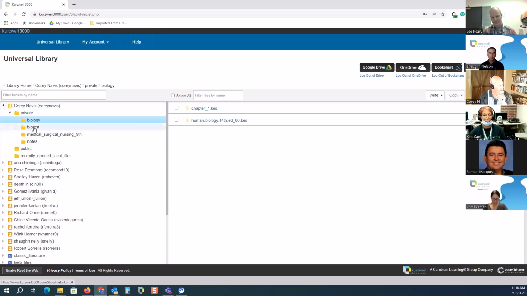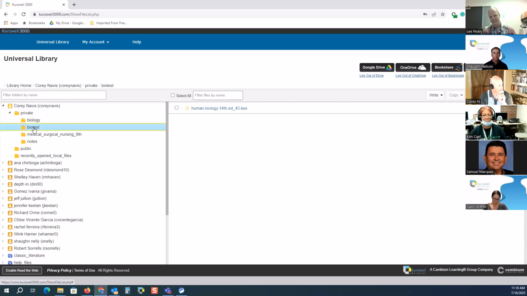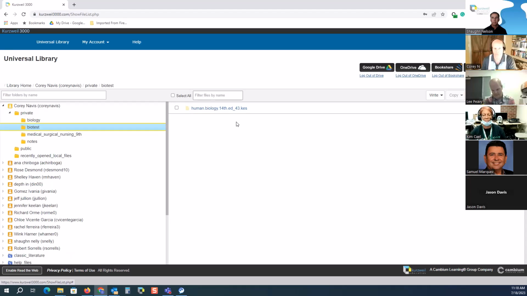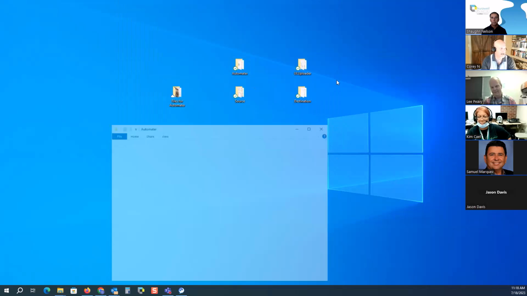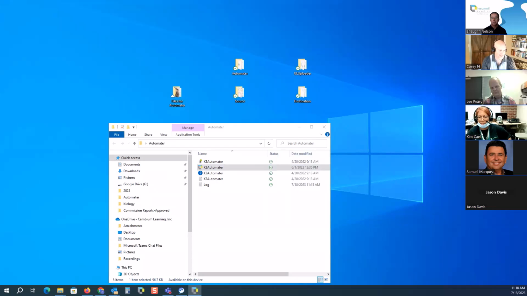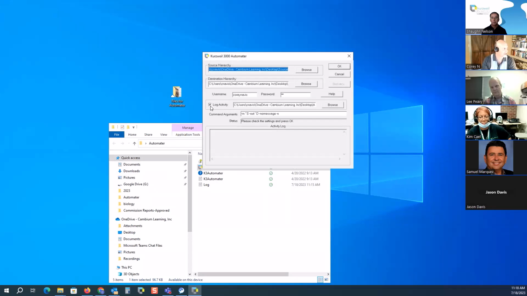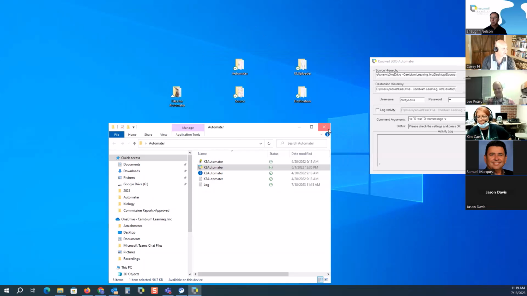So first, let me show you this. I uploaded it and here it is. That's the folder and the file that I had remediated, and it's now a KESI file uploaded. From here, I can distribute it, move it, or copy it to different students. With the Automator, there is a checkbox where I talked at length about creating a log file. And so Lee said he undoes that, and then